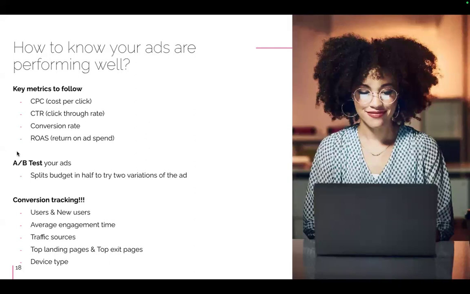If you wanted to use different types of pictures, or different types of headlines, or different types of descriptions, you can test out with the same budget which is performing better. So this is an incredible tool, especially when you're starting out,